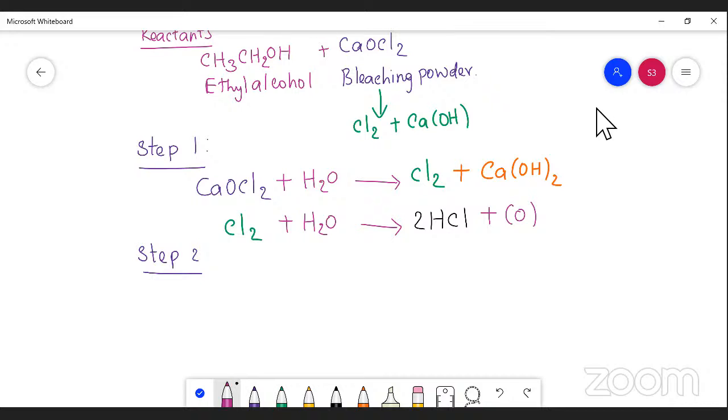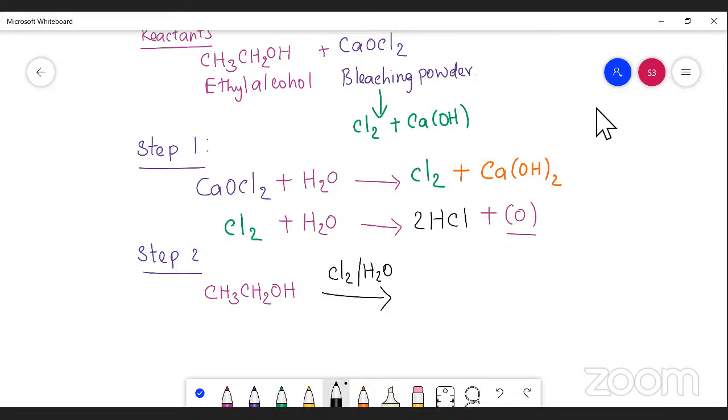We are taking ethyl alcohol, CH3CH2OH. When this ethyl alcohol reacts with nascent oxygen, which is produced by chlorine water, in presence of chlorine water,